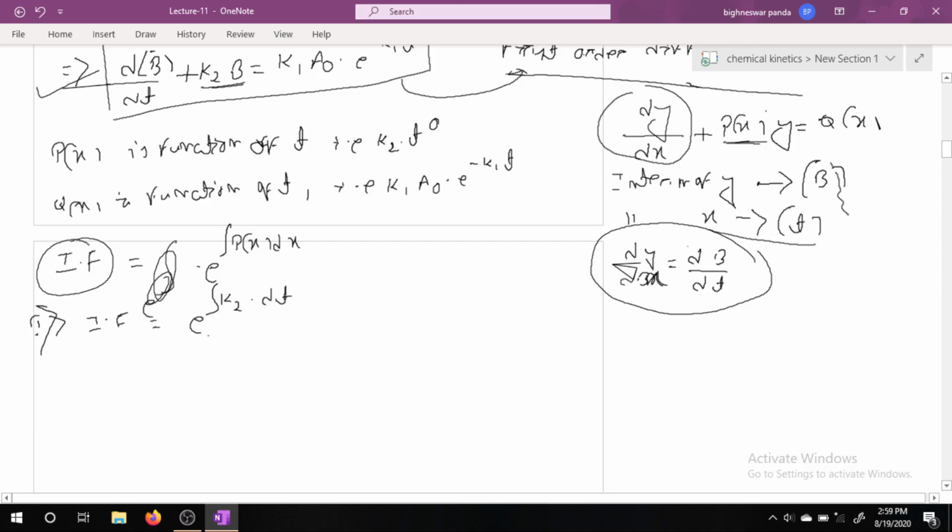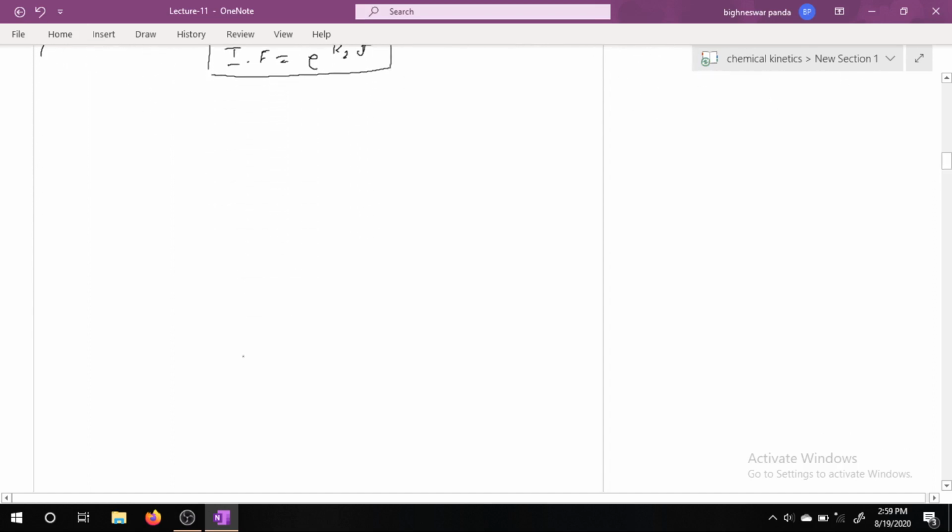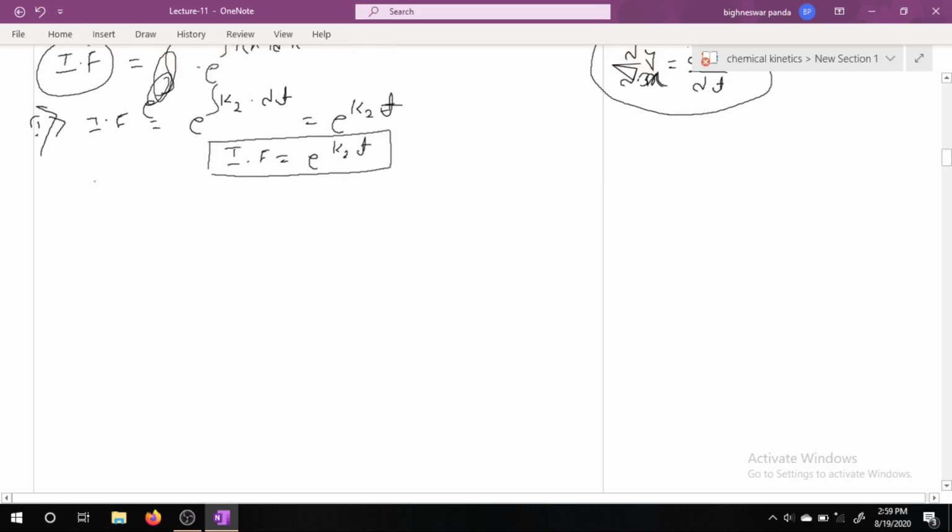So in terms of dx I have to put dt. So e to the power k2 into dt will be equal to e to the power k2t. So the integrating factor is equal to e to the power k2t. The first step is we have to calculate the integrating factor. The second step is